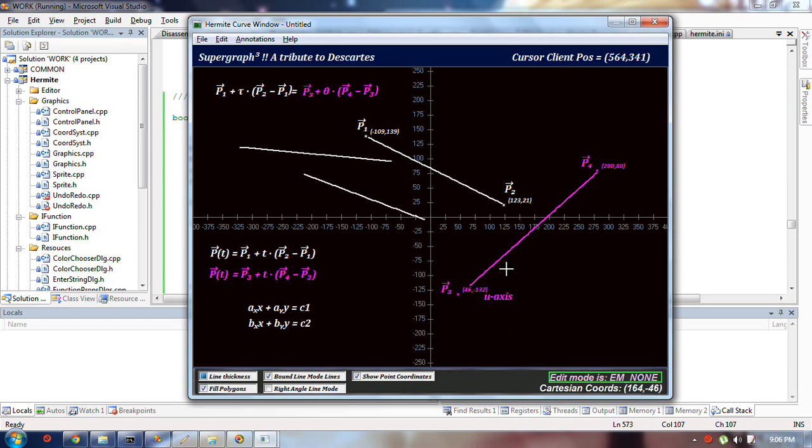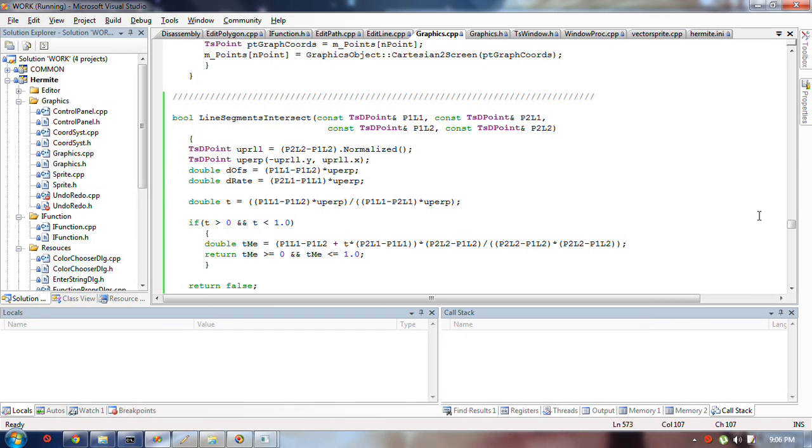So that means P3 to P4 is in the direction of the u-axis, and then there's a perpendicular axis this way. So this is like the y-axis kind of, and then I would compute a perpendicular and create another axis, as I've done here,